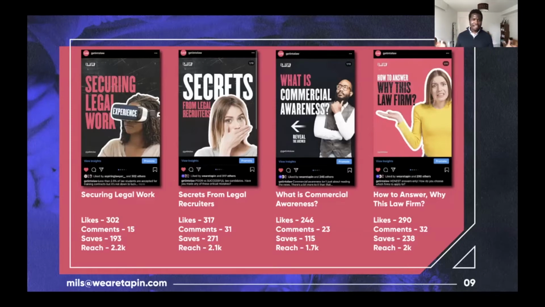So some key information and stats on the page. Roughly our page gets, I think, about 150 to 200 likes on average. I put some examples here of just some of our key slides, some key pieces of content that perform very, very well. Bear in mind, this page was incepted on the 1st of June. We're getting 317 likes. We're getting 290 likes. We're getting 32 comments, 2K reach. Each post is reaching over 1.5K people across Instagram.